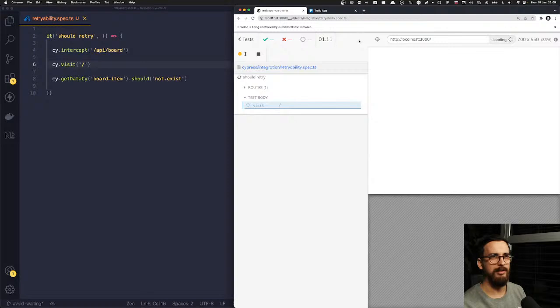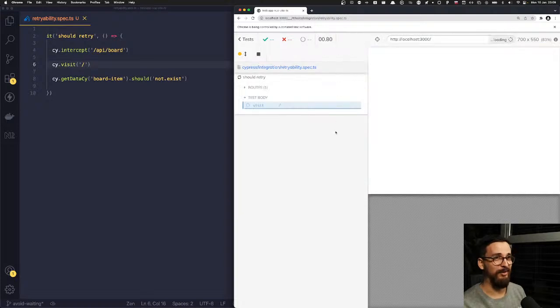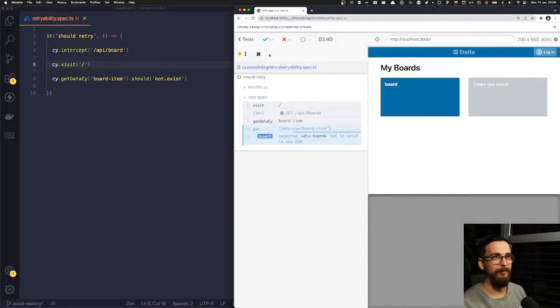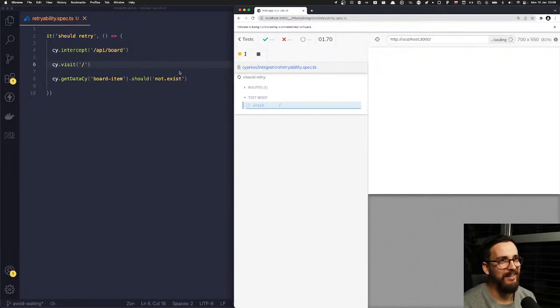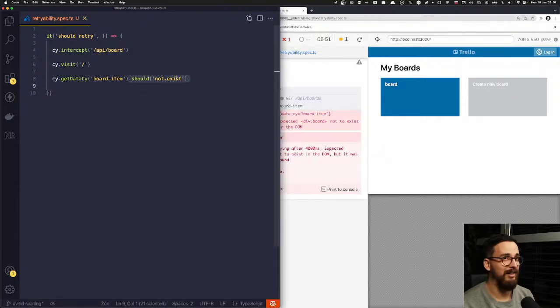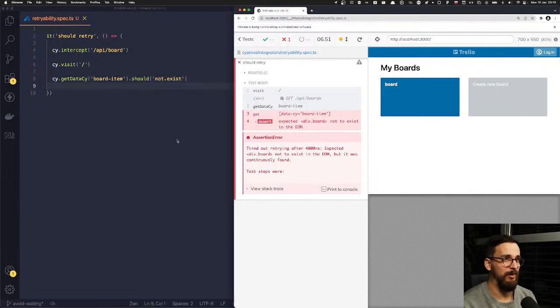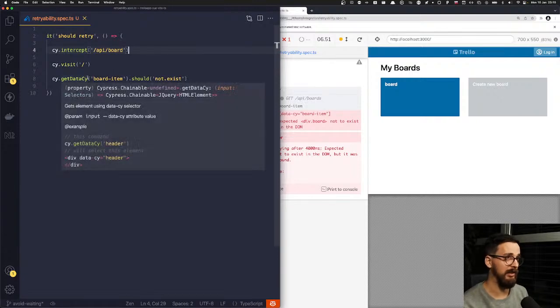I think if I ran this a couple of times, yeah, it's going to pass sometimes. So just an example of a flaky test, which is once it's going to pass, sometimes it's not going to pass. Oh, I love that I can have a flaky test and show you how flaky it can be. And this is like an assertion that you might want to do, right? If you have something that should not exist, it will pass, you're happy, but you get a false positive. So, all right, what we want to do to make this test stable and to make it fail every time it should fail, which is in this case every time,